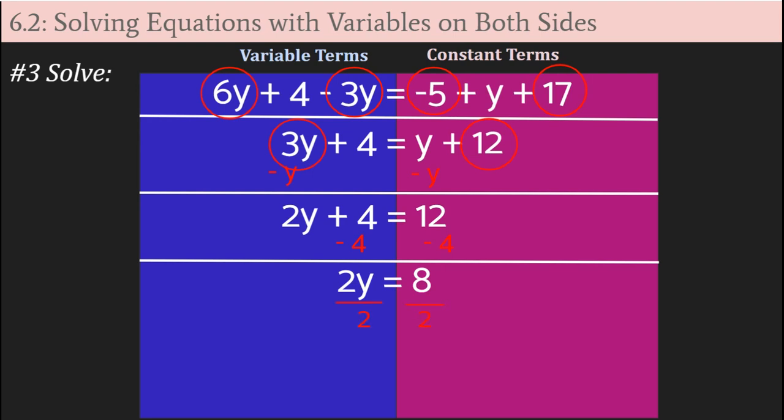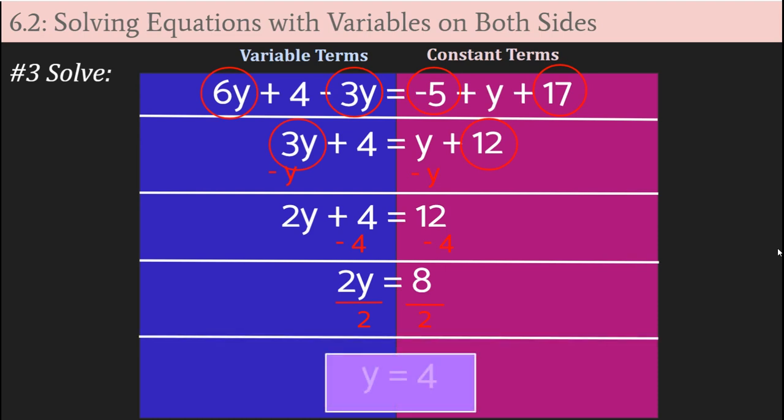So now we have one more step to complete before we can finish isolating the variable y, and that is to divide both sides by 2 because we have a multiplication between the variable and the coefficient 2 on the left side. So we need to get rid of that coefficient 2. So we're going to go ahead and divide both sides by 2, leaving us with y is equal to